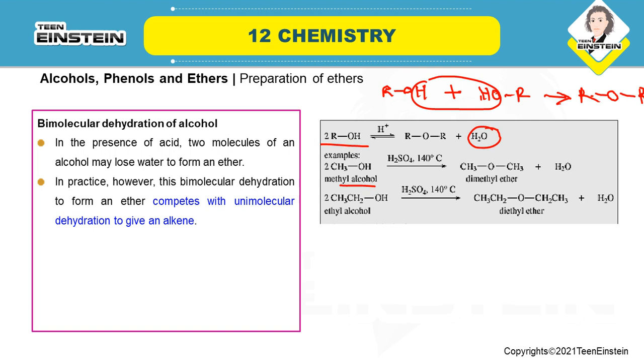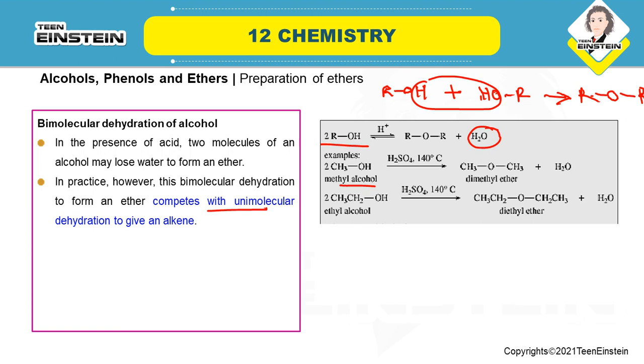diethyl ether. Fine. In practice, however, this bimolecular dehydration for the formation of ether will compete with unimolecular dehydration to give an alkene. So when we are saying unimolecular, that means from a single molecule of alcohol there will be dehydration. One water molecule will be removed from one alcohol molecule and it will lead to the formation of alkene. So that is the side reaction, which can also take place under the same condition, but that is not the